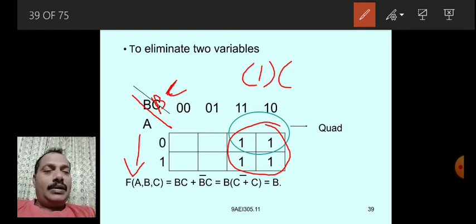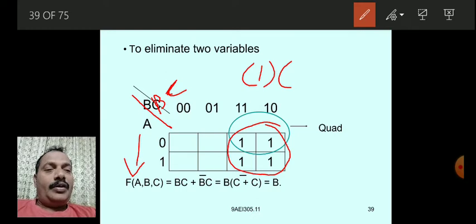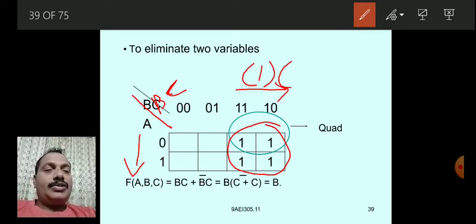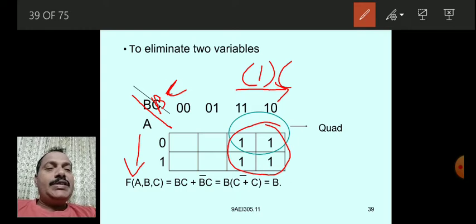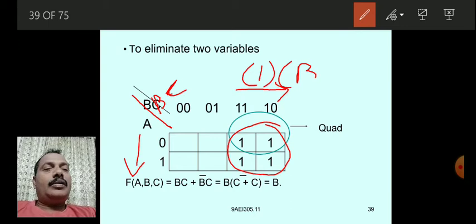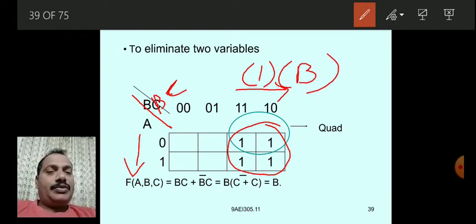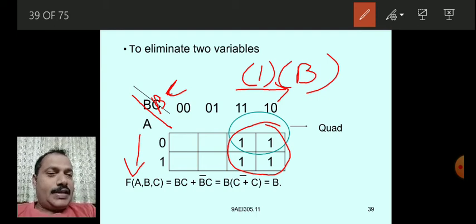If you observe BC, 1 1 and 1 0, two columns. For this, B is not changing, C is changing from 1 to 0. So B is not changing, which means you have to write the unchanged literal B. B, that's all. That is a single step solution. If you observe, this is the single step solution.